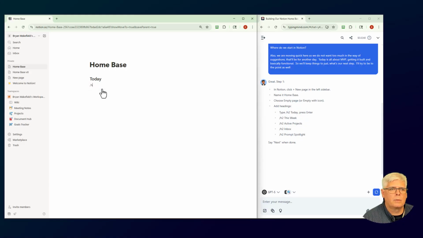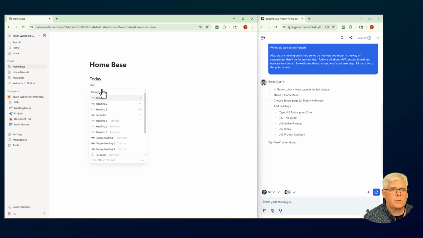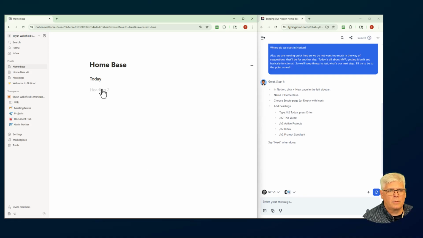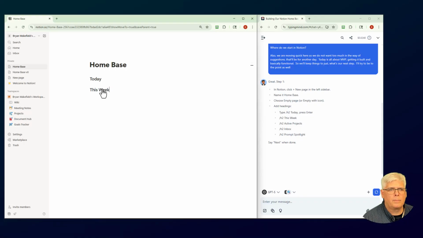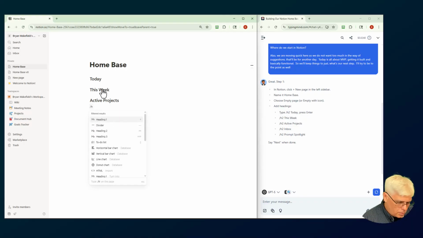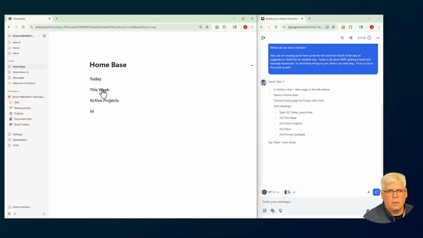This, h2, slash h2 and hit return. That way it turns it into the heading, and then you're going to type this week. Okay, h2 return active projects, and then h2 return inbox,